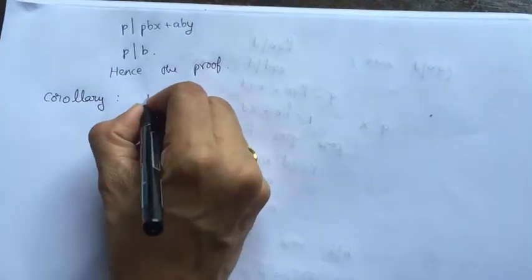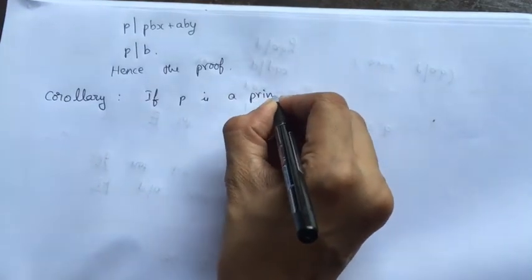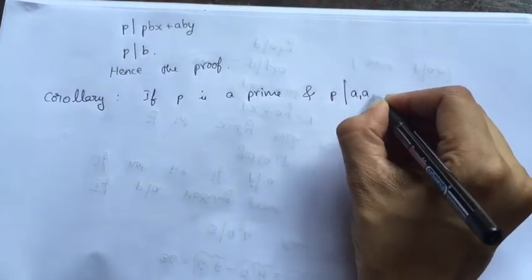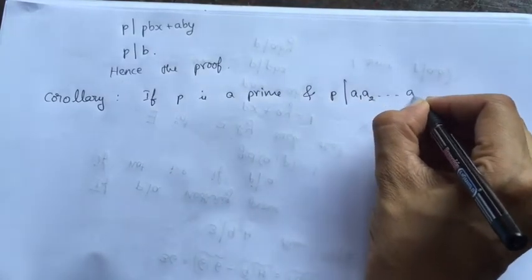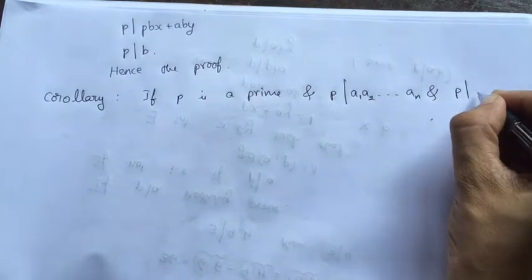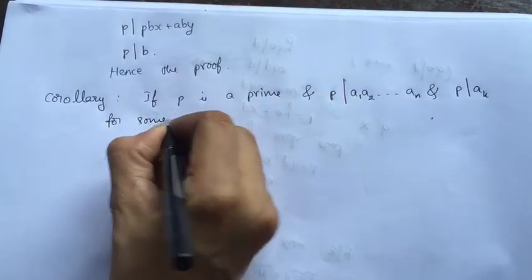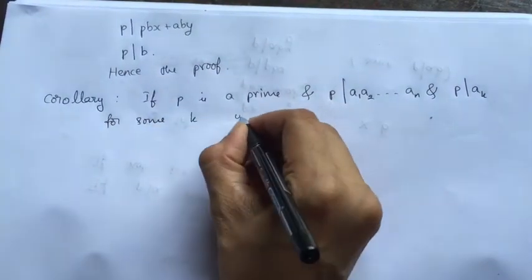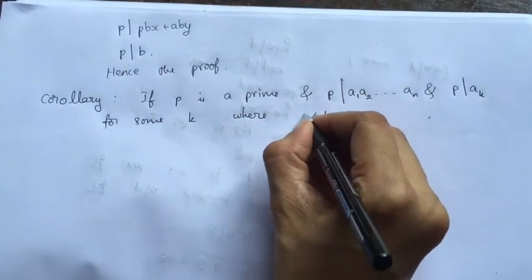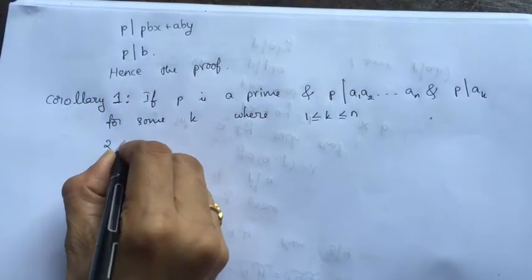That is, if P is a prime and P divides the product of integers a1, a2, dash dash, an, then P divides ak for some k, where k lies between 1 and n. This is the first corollary, and the second corollary says